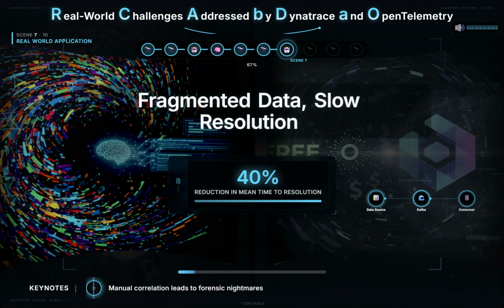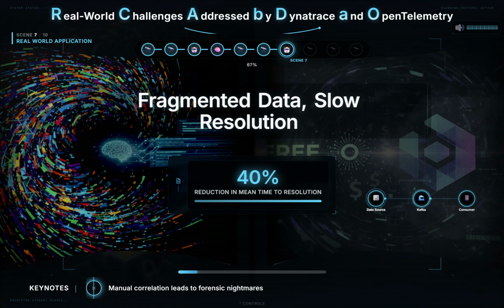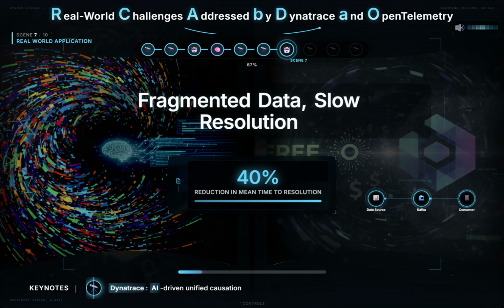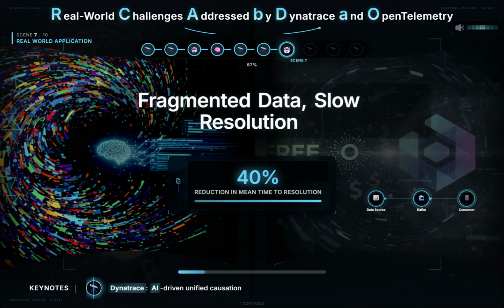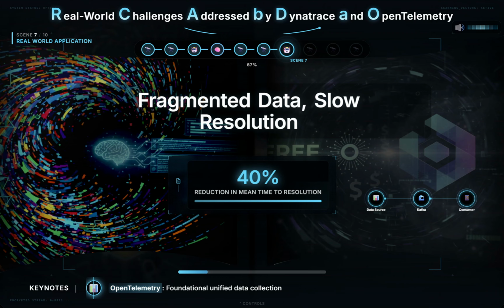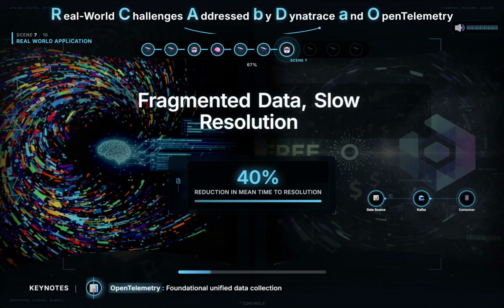Your SREs are swamped, sifting through disparate logs from one tool, metrics from another, and perhaps some traces from a third. Without a unified view, correlating these signals to pinpoint the exact failing service or code change becomes a forensic nightmare. Dynatrace, with its AI-driven OneAgent and Smartscape, excels here by automatically mapping dependencies and correlating all data into a